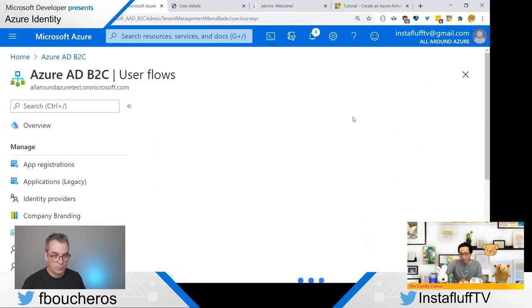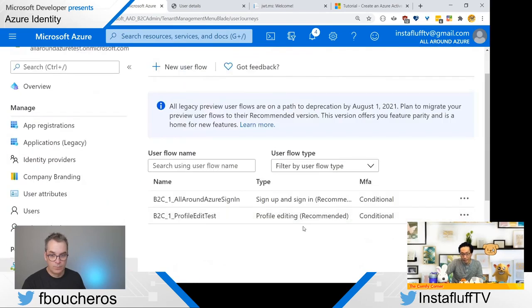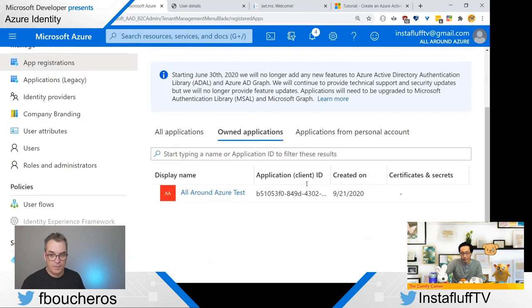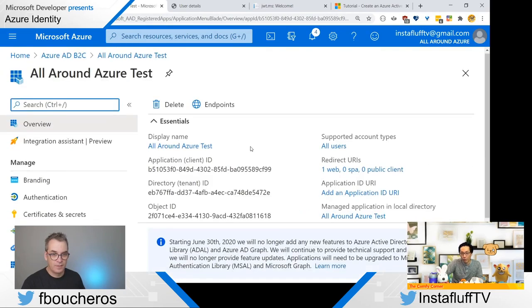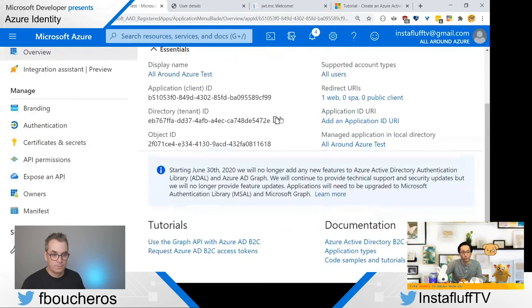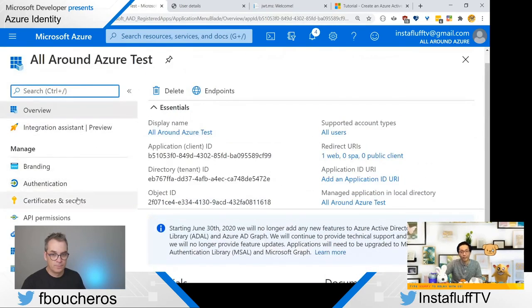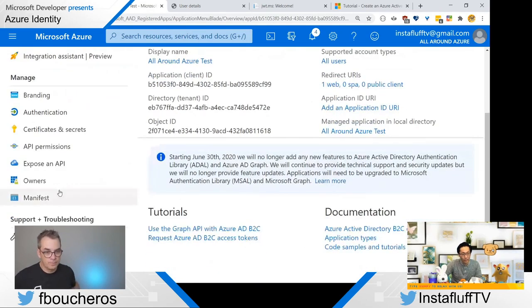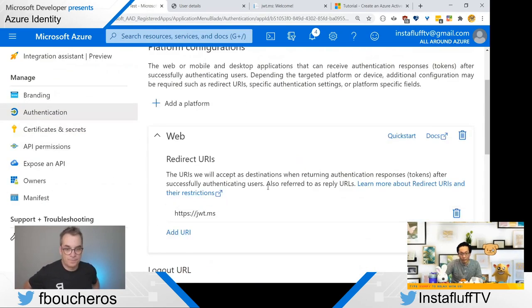Oh, I can try. Let's see. So if we go to app registrations, then here I'll show you basically the step that you would have to do to have it go to your own website instead of the JWT one. And so essentially to do that, let's see, redirect URLs.